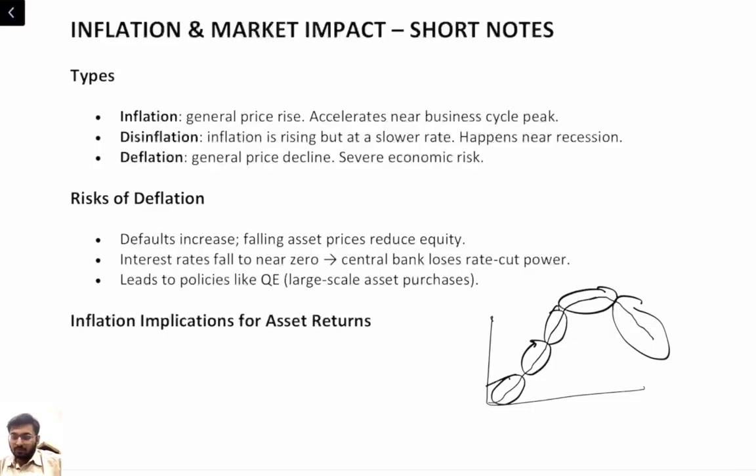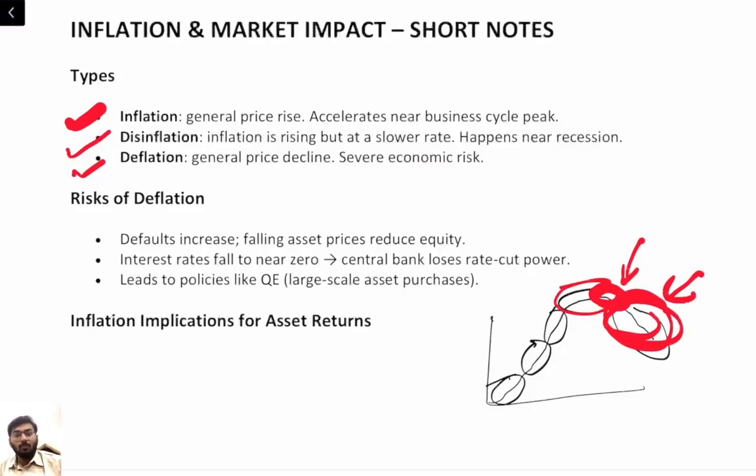Clear? So now we have 3 points to discuss over here: inflation, disinflation, and deflation. What is inflation? Price rise. And it accelerates near the business cycle peak. Disinflation: inflation is rising but at a slower rate. It happens near the recession. Deflation means prices have started declining. Very dangerous economic risk. Very rare chances, but if prices have started declining, it is the worst event for